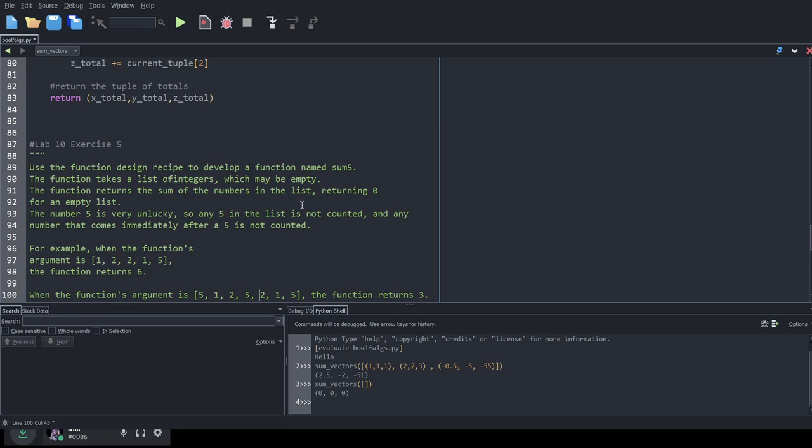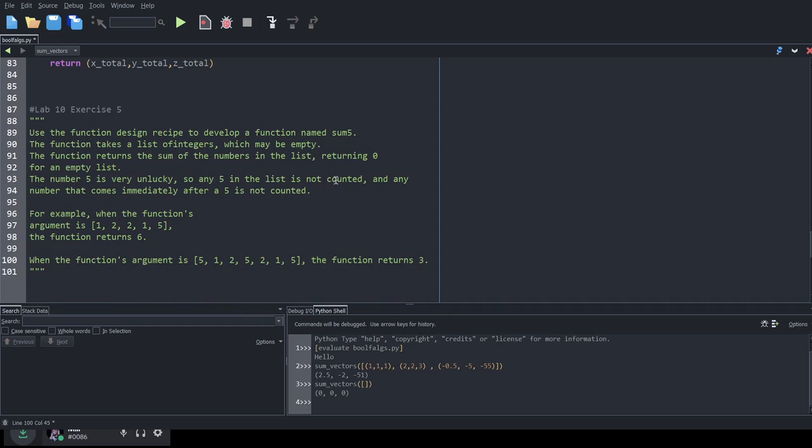Okay, so let's follow the function design recipe. Hold up, on the chat it says, didn't they go over it using if statements, not loops? I don't think it's possible to solve this question without a loop, because you do need to look at every element individually inside the list. You have no idea what the size of the list is before you get it. So because of that, it's impossible to do this without a loop, or it's impossible to do it correctly without a loop.